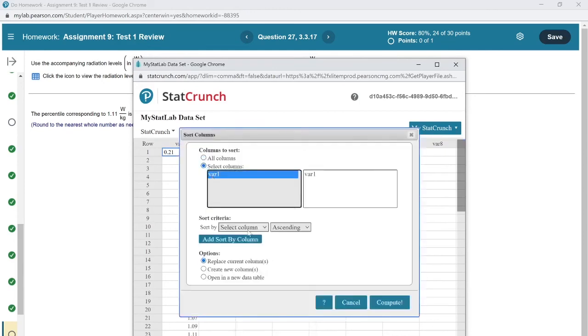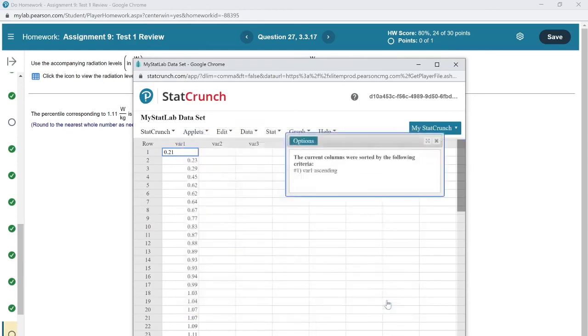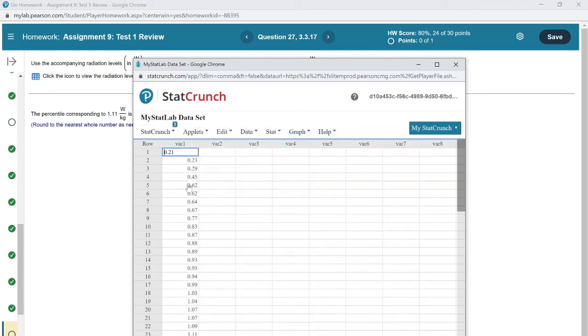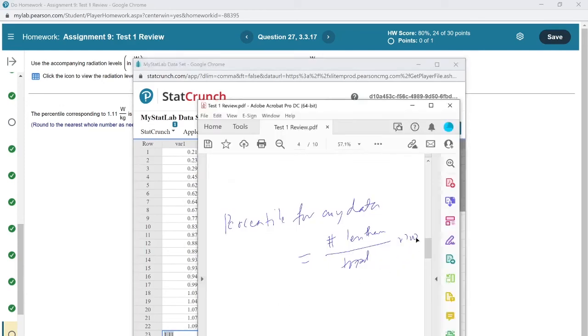First column, we are sorting it from lower to higher. So we need to find out the position of the data 1.11. So here is the position of 1.11, which is 23, and below 23 there are 22 data. So the answer would be